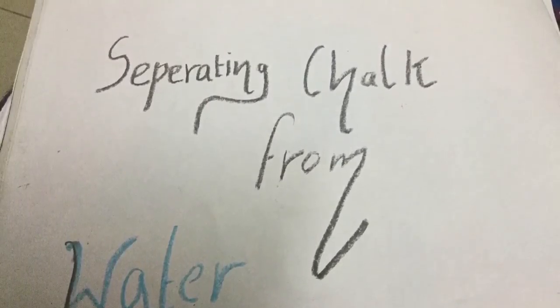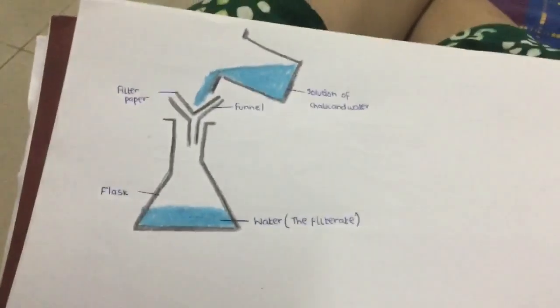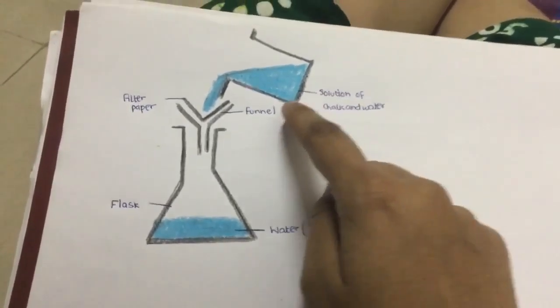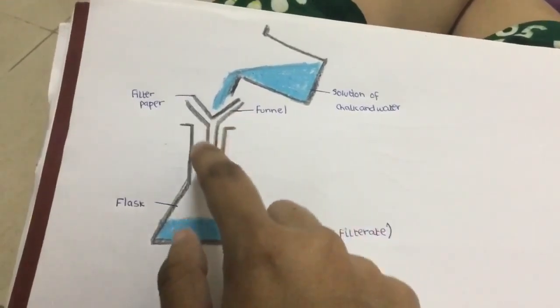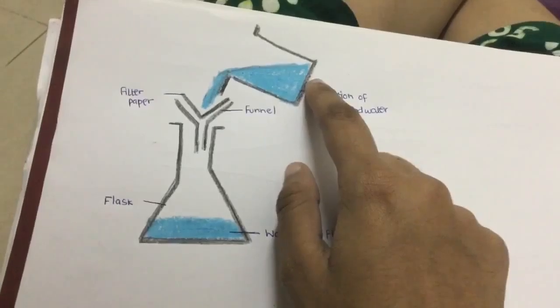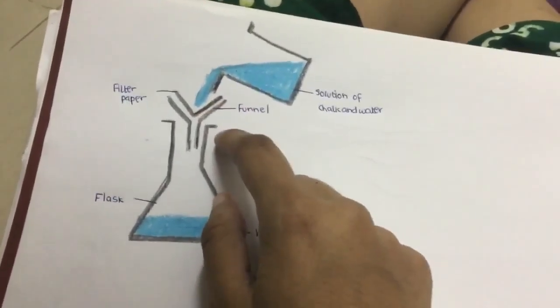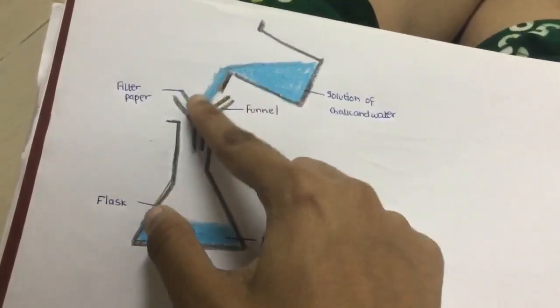Separating chalk from water using filtration. So basically what happens in filtration is you take a solution of chalk and water in a beaker, and then you grab a flask, a filter paper and a funnel. The solution of chalk and water in the beaker, you pour through the funnel. But before pouring it, on the funnel you have to put filter paper. So you pour the solution into the funnel,